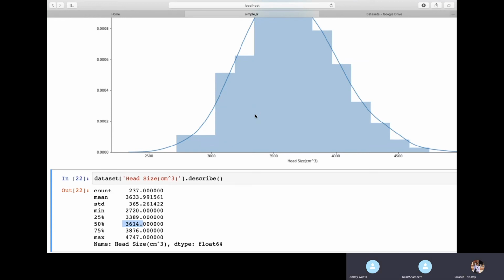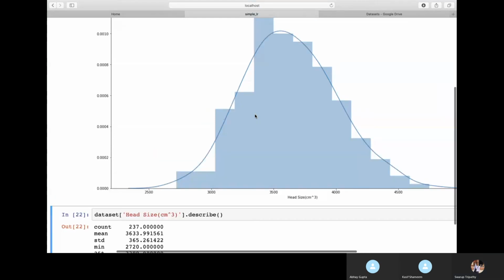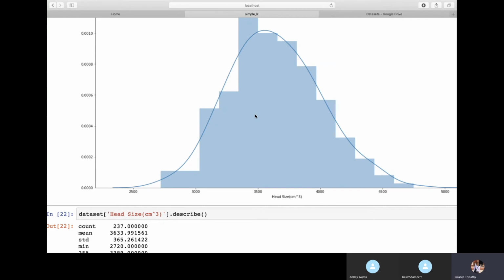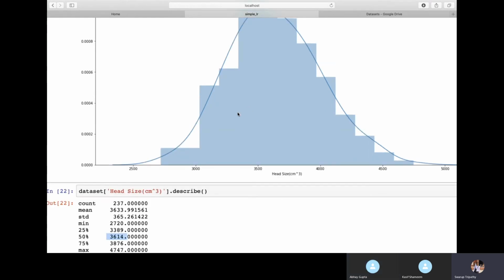So see, here our mean is higher than the median. That means positively skewed. Mean greater than median. The median is 3614, and the mean is 3633, which is higher.